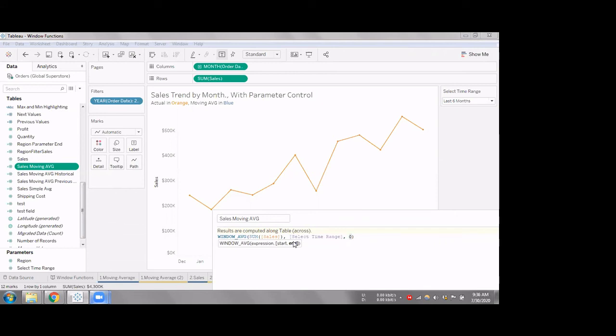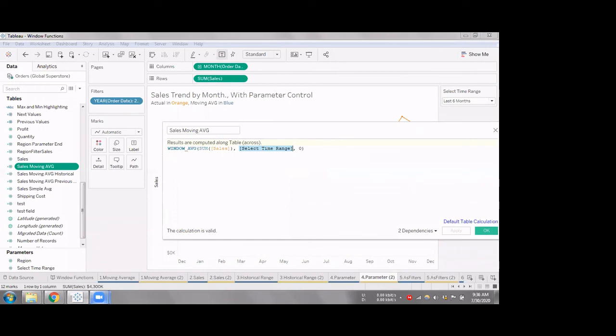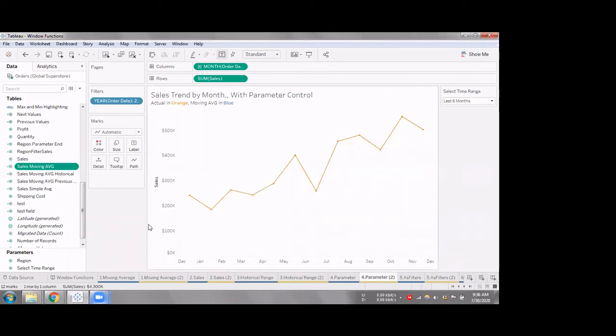So when I select last 6 months, this value will automatically be updated to -6, and it will take an average from my last 6 months to the current time. When I select 2 months, it'll go average from the last 2 months to the current time. So we can even use parameters in the moving calculation functions as the offset.